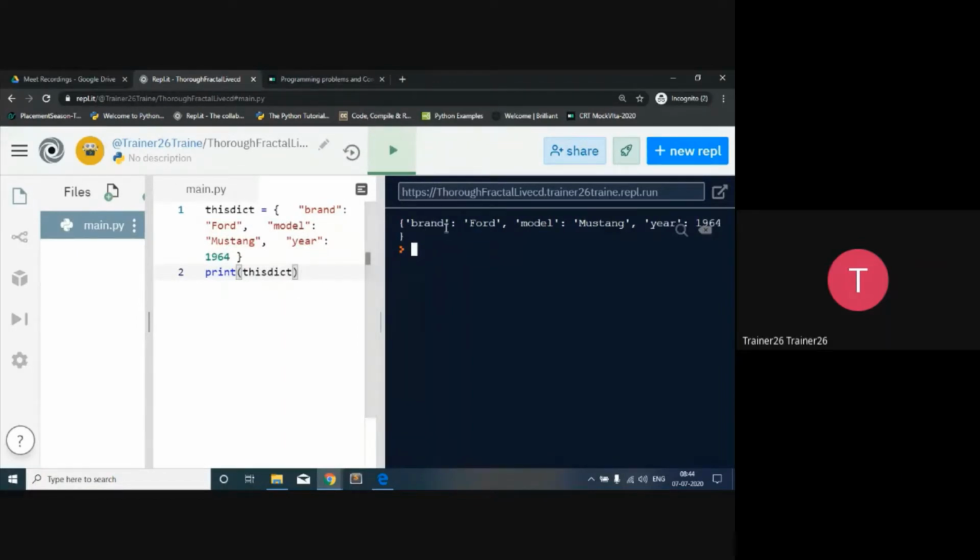Why is it unordered? Because we cannot predict in which order these values are going to come. Right now brand, model, and year is coming. And one more time, if I run it, that is the basic difference between the dictionary and the list. So the next time when I run it, you can see the brand, model, and this thing, then again.